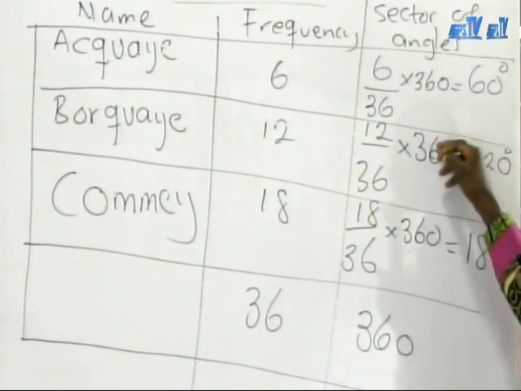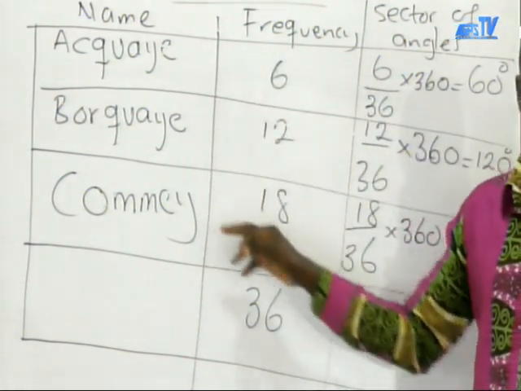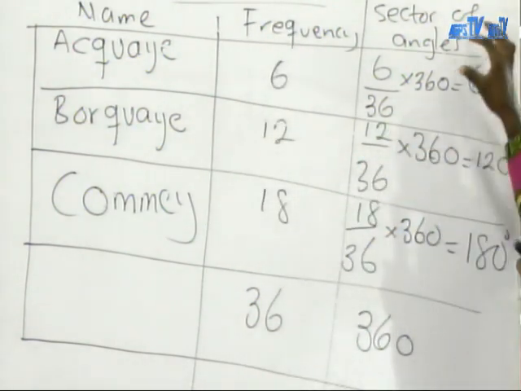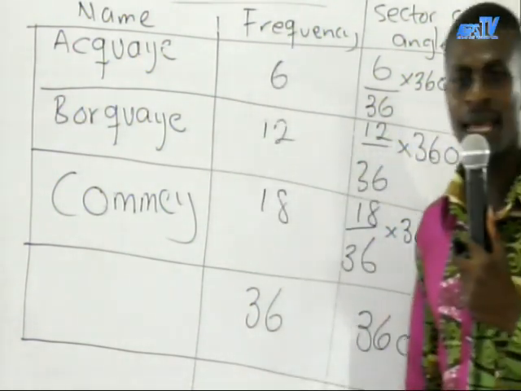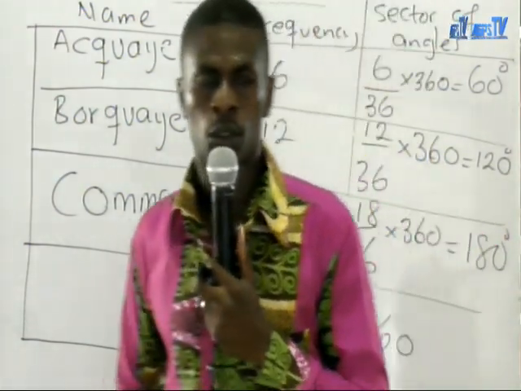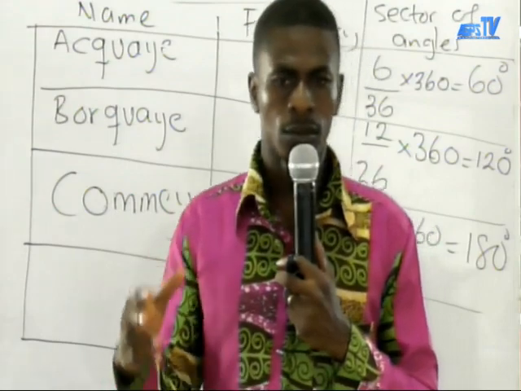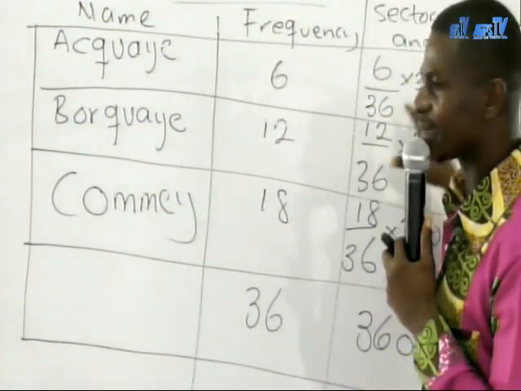The reason is that we are going to draw a circle, and then we are going to look for each sector of an angle, and so we need to show that. To be able to draw a pie chart,